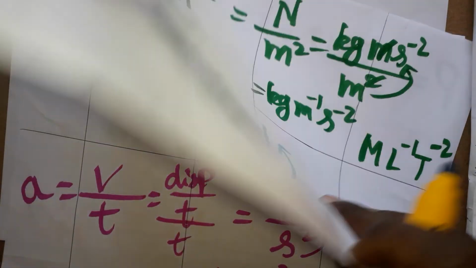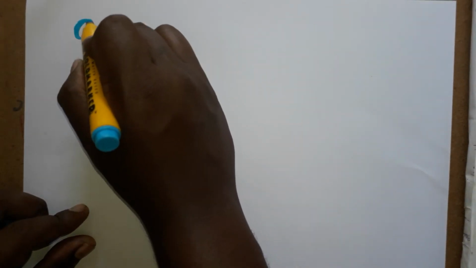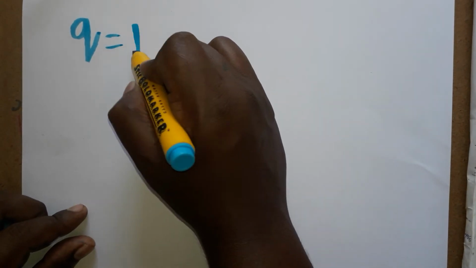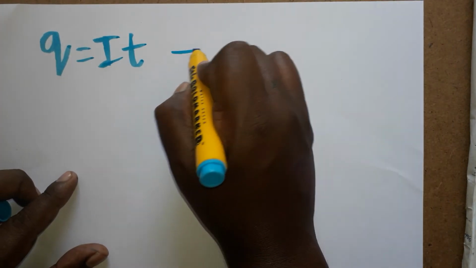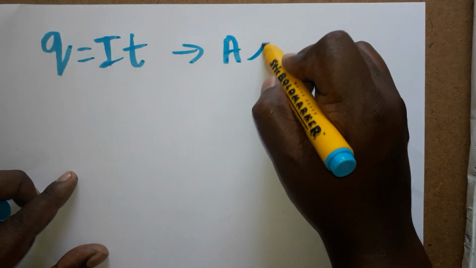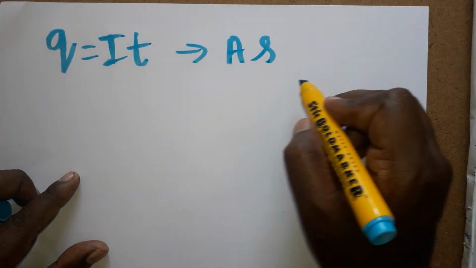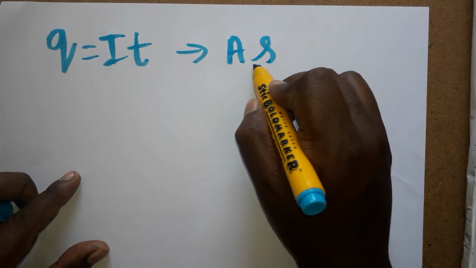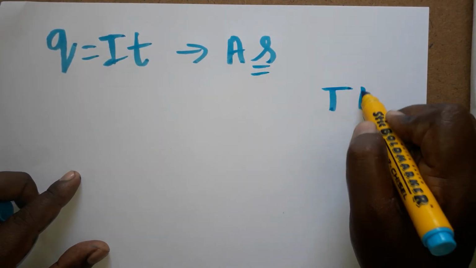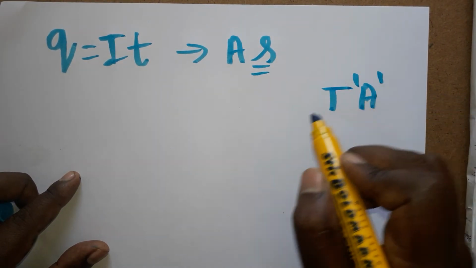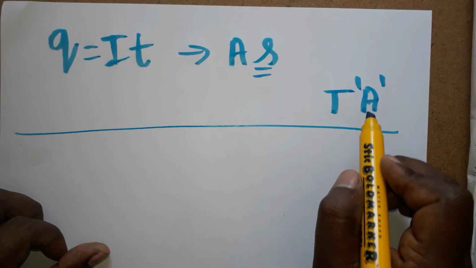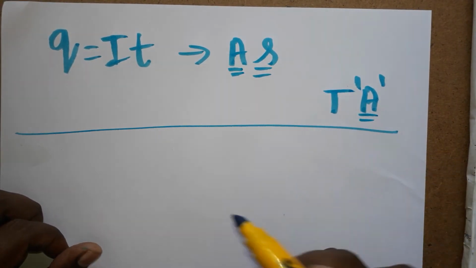Okay. The next thing, charge. Q is the charge. Charge is equal to current into time. The unit of current is ampere, and time is second. Dimensional formula: here only time is there, T. Current you can take as ampere, and I am introducing the new thing: for current you can write the dimensional formula as A.